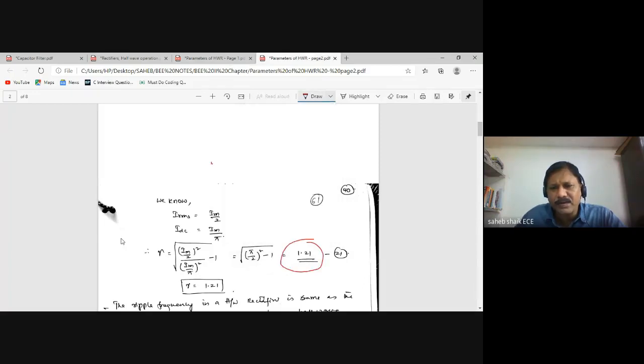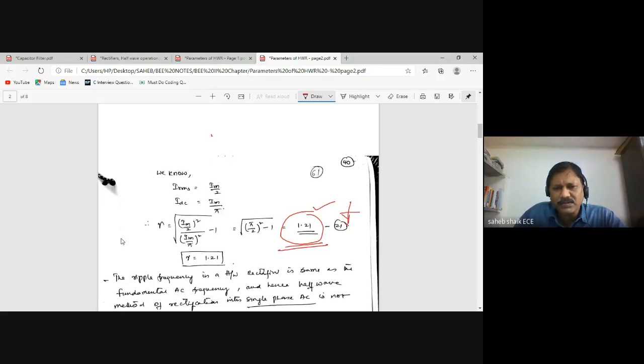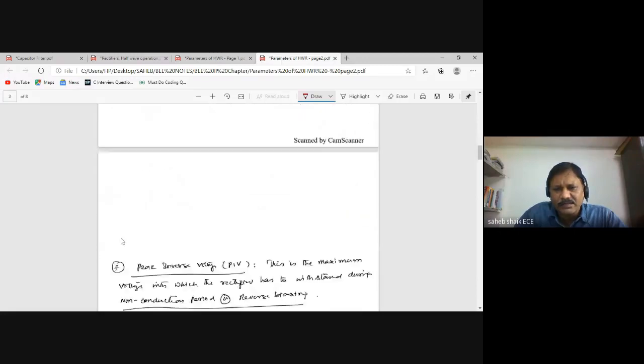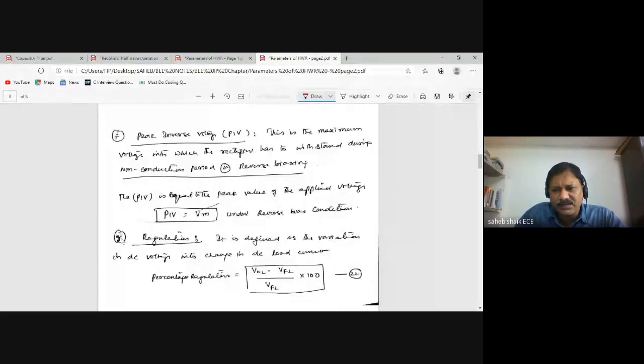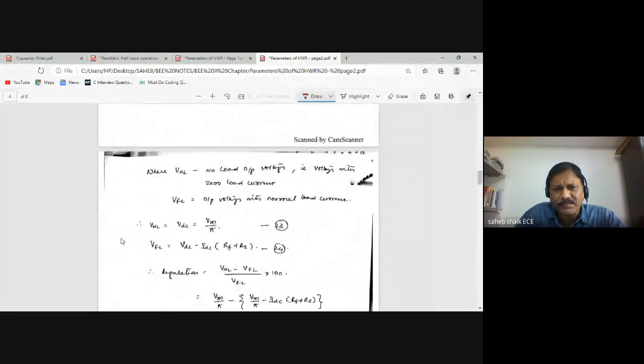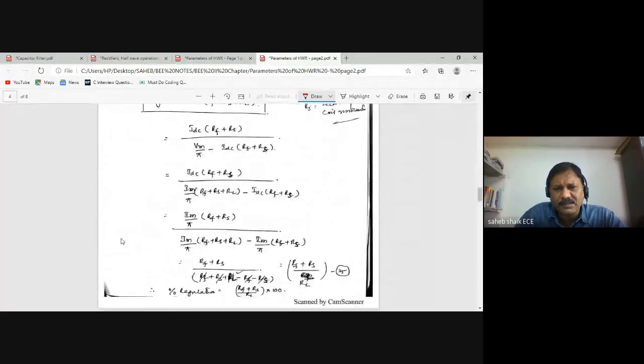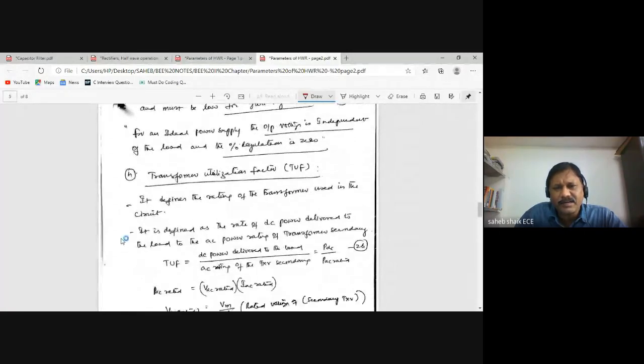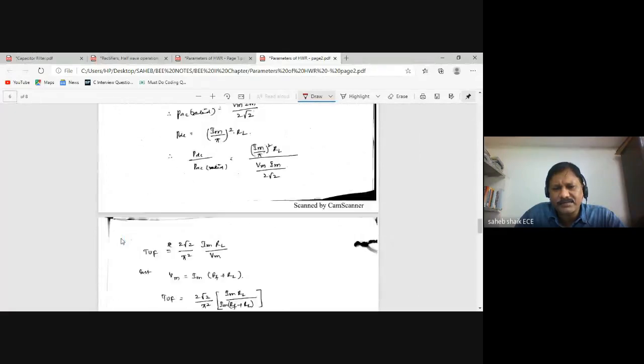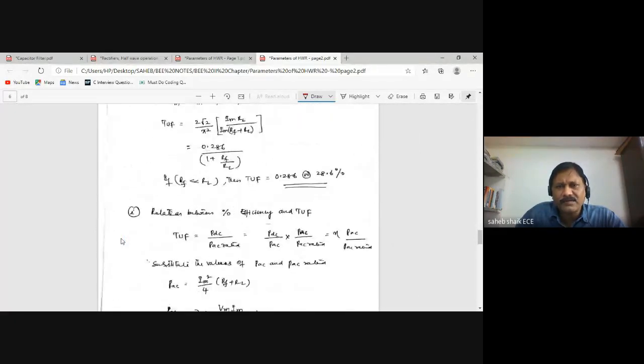This ripple we are going to reduce in the full wave rectifier. In half wave it is 1.21. When you go for the full wave rectifier, it is going to be minimized. It is going to be reduced. So we'll see that one. So these things we are going to express here. These things are not necessary. Transformer utilization not there. And if you go for the filter concepts,